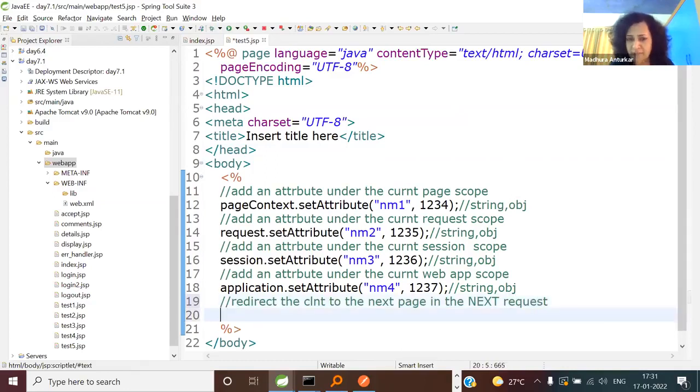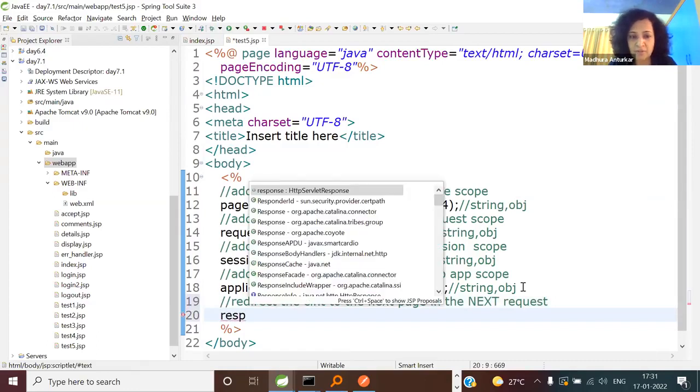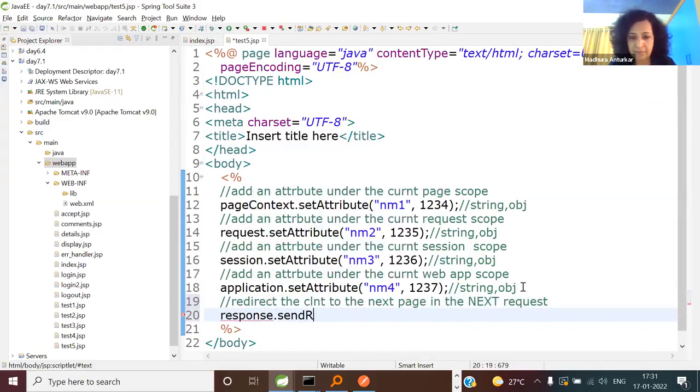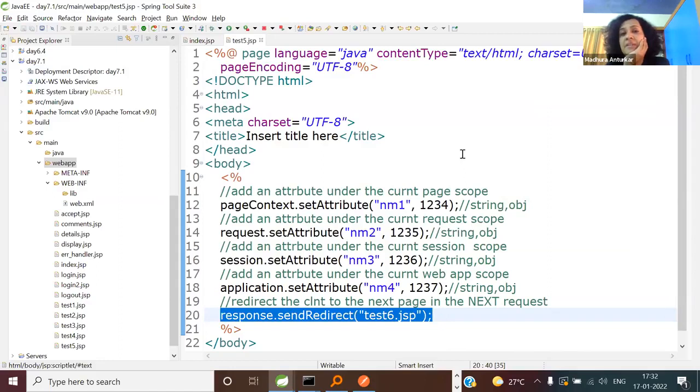Okay. So you know all the stuff. What is it? Response dot send redirect. And this was what? Test 5. So make it test 6. I've not bothered really to write anything else. We have already tested it. Anytime you are redirecting, your JSP writer's buffer, now that we are in JSP, will be all discarded. So there is no point in putting any response content. So just add a send redirect. Later we'll replace it by the request dispatcher's forward scenario. First, client pool. Done.